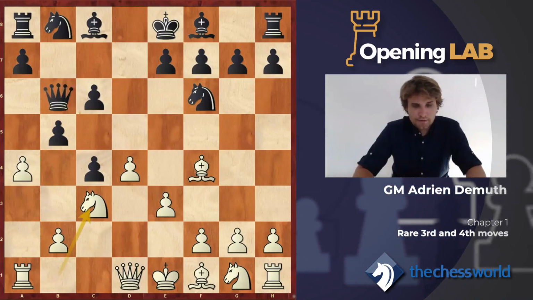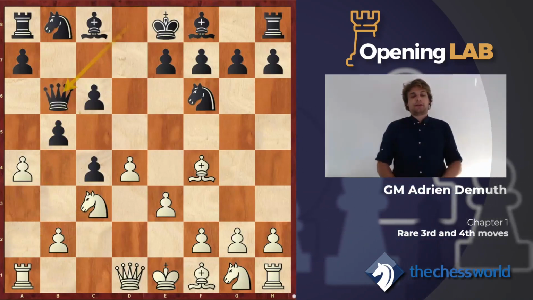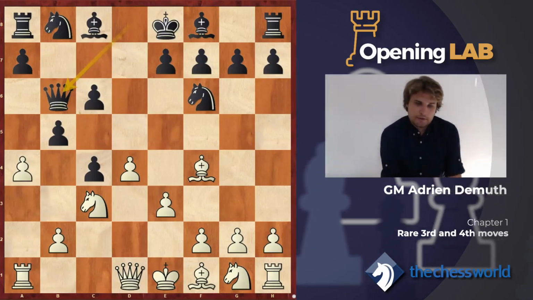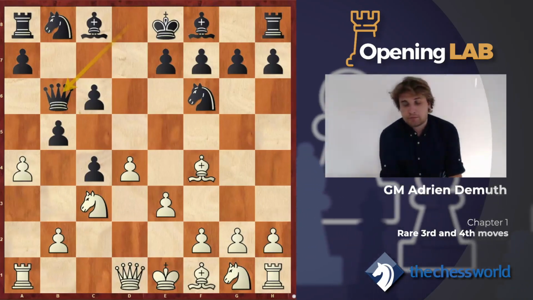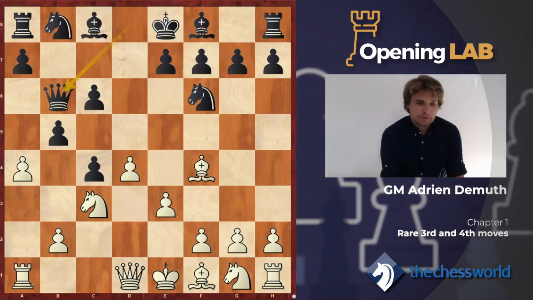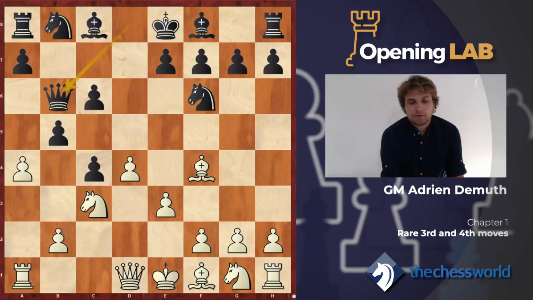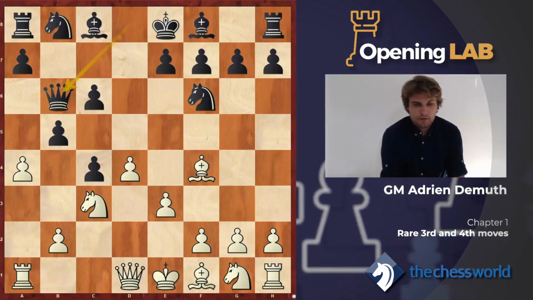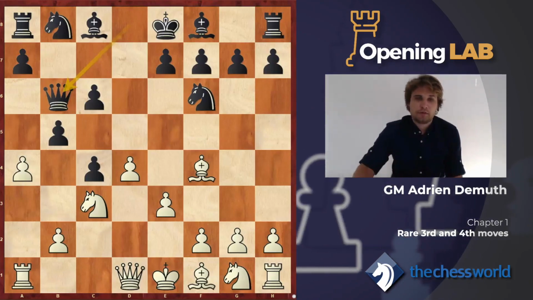So I prefer to play the move queen b6, which hasn't been played in top level games. Anyway, this position wasn't played in top level games, but queen b6 is a bit less logical than b4, but I feel it's fully playable here for black. We just protect the pawn on b5,